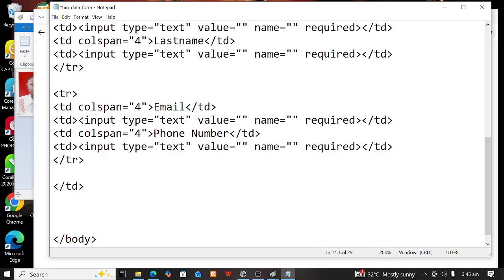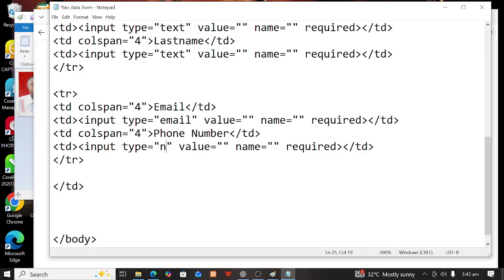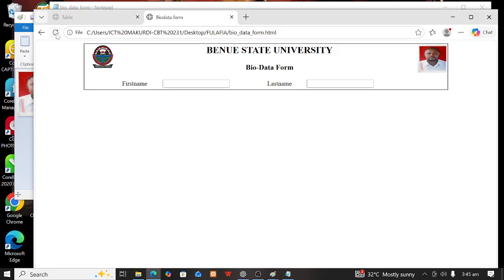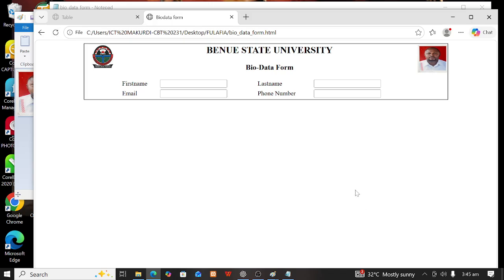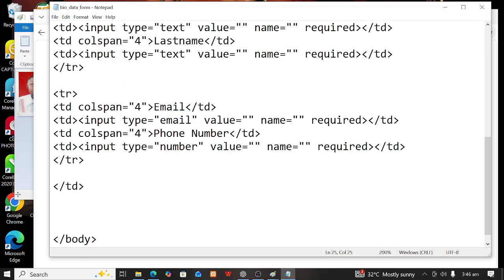Then the input text, remember we're going to change this to email. Then we're going to change this to number. Right? What again? Require? The name, I've changed it. So we refresh again. You see, all of them will be coming on a gradual note. You get the point. So if I go again, recopy this, and I paste again,